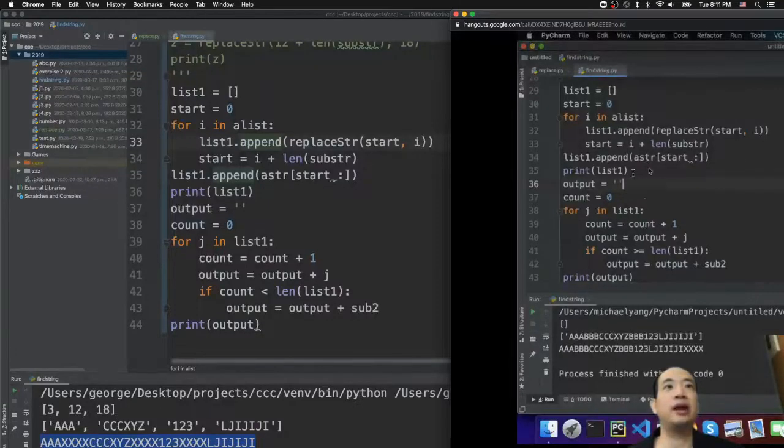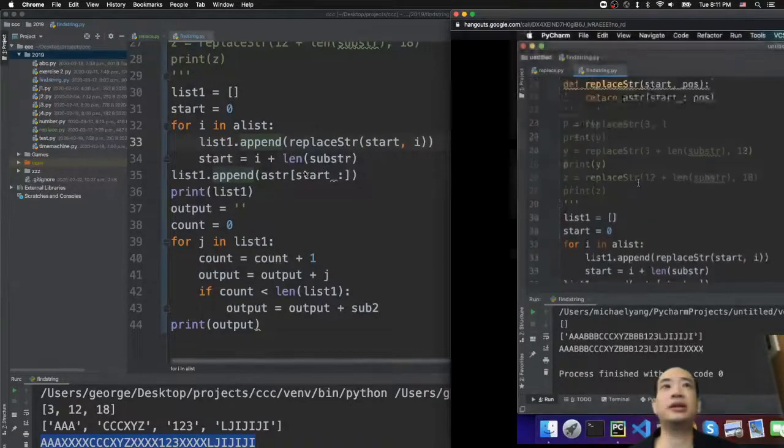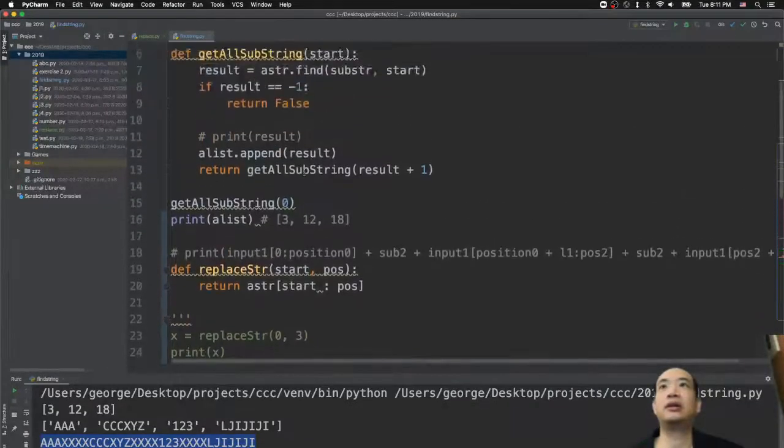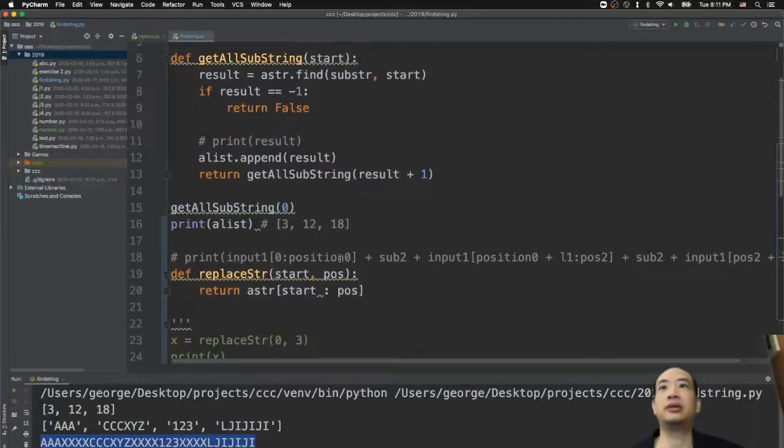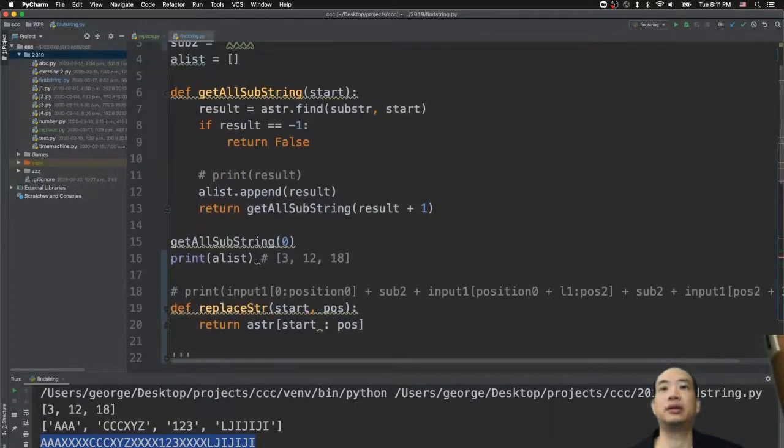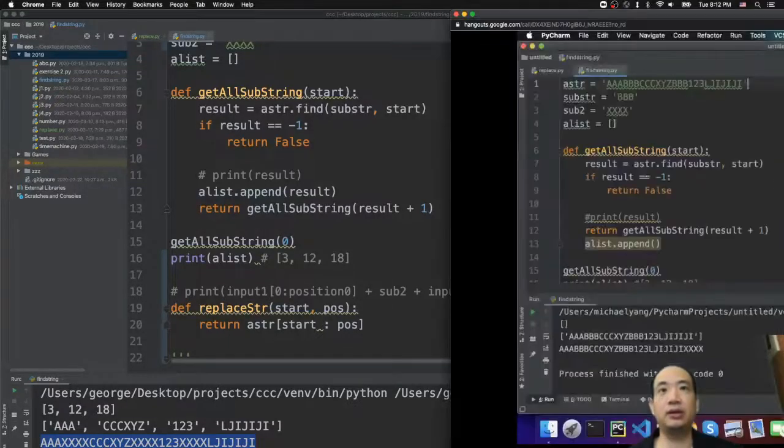So would you mind just scrolling up and seeing? Scroll up and get all the string, and then start from here, BBB, Alex, and then here start from 0,